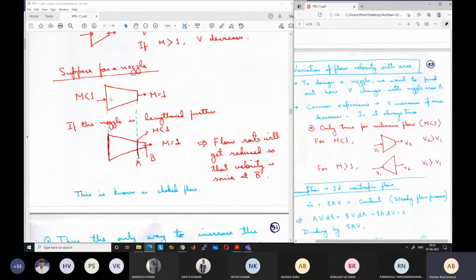Say at the inlet the Mach number is 0.1, and at the outlet Mach number is 0.4. I'm just putting some random values. So at the inlet it's 0.1 and at the outlet it's 0.4 because the velocity has to increase. Now if I increase the pressure difference, instead of 80 kilopascal I make it 50 or 60 kilopascal. Inlet is 100 kilopascal, outlet is 60 kilopascal. Pressure difference has increased.